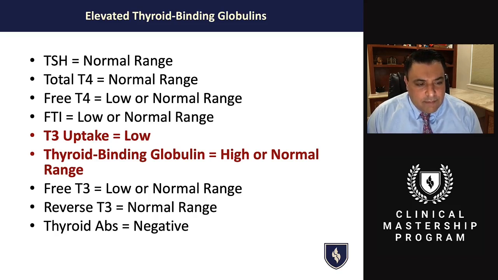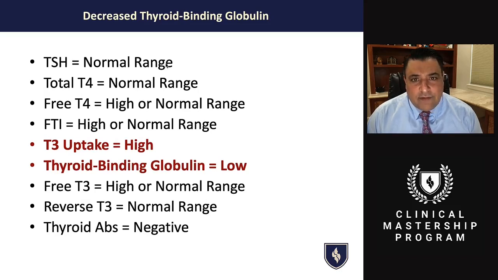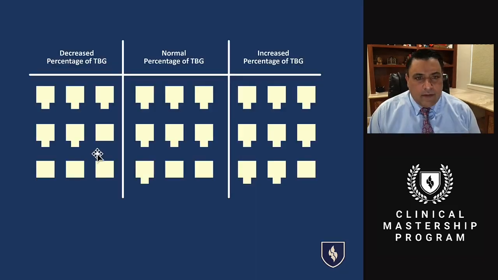with a diagram. But before I do, you could also have people with decreased thyroid binding globulin, where they just don't have as much thyroid binding globulin in the system, and you can see that T3 uptake level that's high, right? So take a look at this chart here. This is an indication of 3 different patterns, but they all have the same amount of thyroid hormone synthesis. They all have 9 little boxes. Think of each of these boxes as their thyroid output. So the large boxes are an indication of their thyroid hormones, and the small boxes are an indication of thyroid binding